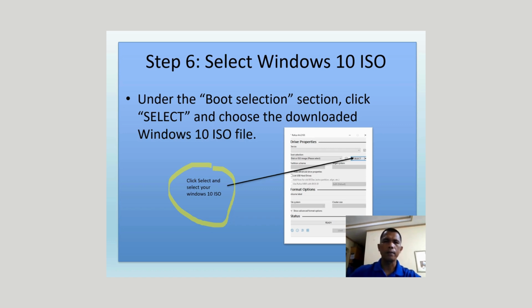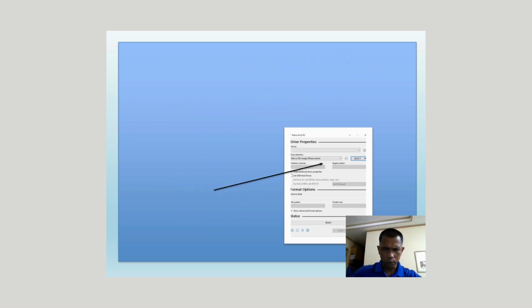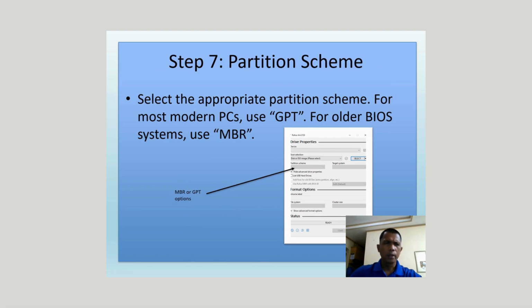Then you go to the partition scheme. This is very important, step number 7. Don't be too fast to click OK. Make sure you know what the partition scheme is.